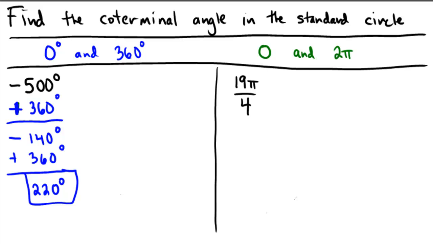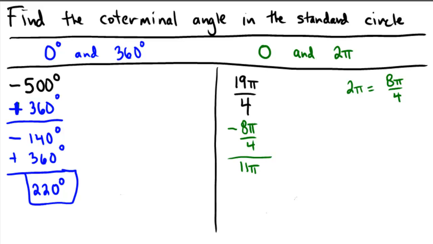How about a radian problem? For the radian problem, we have 19 pi over 4, which is too large. You can tell that it's too large because 2 pi is the same as 8 pi over 4, since 8 divided by 4 is 2. So this is like giving it a denominator of 4, making it consistent with the 19 pi over 4. Of course, 19 pi over 4 is too large, so we'll subtract copies of the circle. Let's subtract 8 pi over 4, so 19 minus 8 is